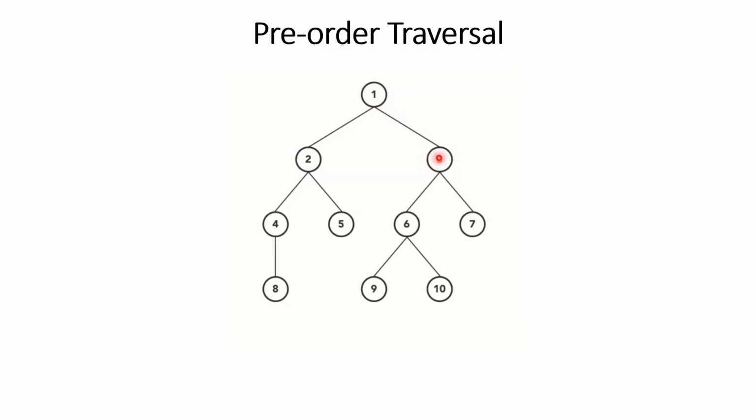When it reaches 3, it understood that I am the root node of the subtree. So it will print 3. Now 3 will think that I should be printing. In pre-order, after root we have to print left. So it takes left. When it reaches 6, it understood that I am the root of the subtree. So root has to be printed. So it will print itself, 6.